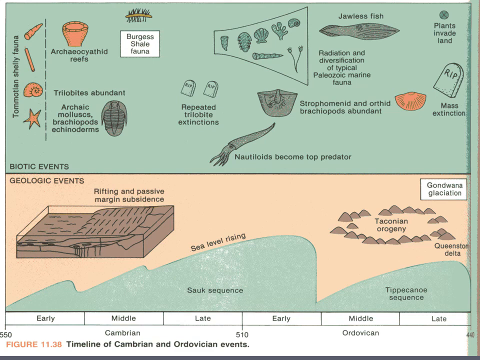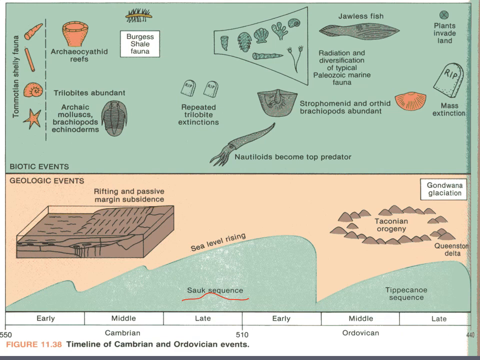So to kind of conclude our early Paleozoic, we looked at the Cambrian and the Ordovician, and this is from your textbook. Notice that we have three things we're looking at on this diagram. We have what's going on with our biotic events, our geologic events, and then sea level. Throughout the Cambrian, we see the continued transgression of the Sauk sequence. While that's happening, we're still moving some continents around, but as sea levels are going up, we start to see the diversification of life in the Cambrian with the Cambrian Explosion, the Burgess Shale, and then we start seeing some trilobite extinctions towards the end of the Cambrian.